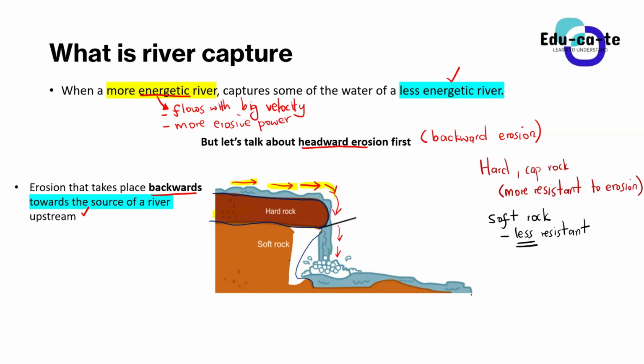So basically, when the water continues flowing and falling down in this manner, it actually erodes, or removes, the materials, the softer rock. So the softer rock is being eroded by the water. And when you look carefully, guys, remember that at first the softer rock was able to reach this level. This is the level the softer rock was able to reach.